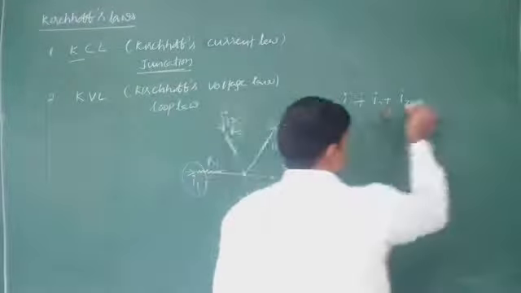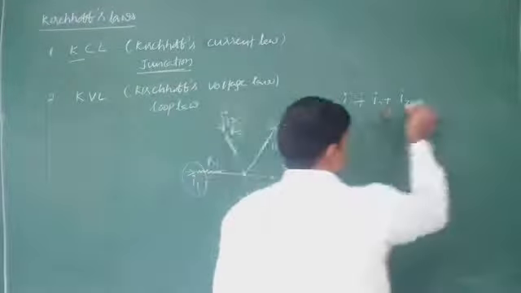The potential is V. Here this is the high potential and this one is the low potential. We know that current always passes from the high potential to the low potential, meaning positive charges always flow from high potential to low potential, but electrons are quite opposite, from low potential to high potential.